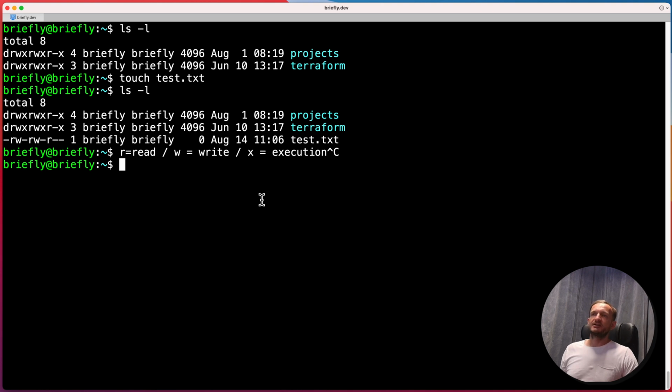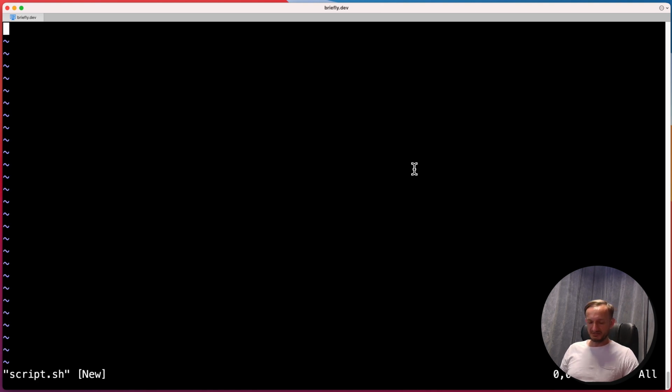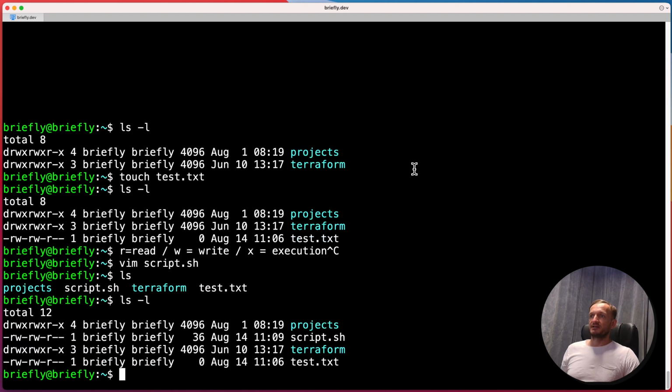example of a file would be that if we, let's say, create a very basic bash script, let's maybe create that. So let's do vim, let's call it script.sh, and let's add here a very basic bash script. So we'll do #!/bin/bash, and let's do echo "from script". Let's save that, :wq, and we will see that we have this script.sh, but it doesn't have